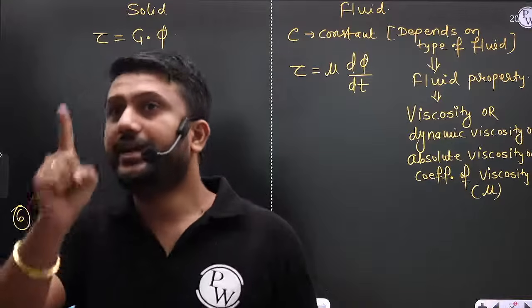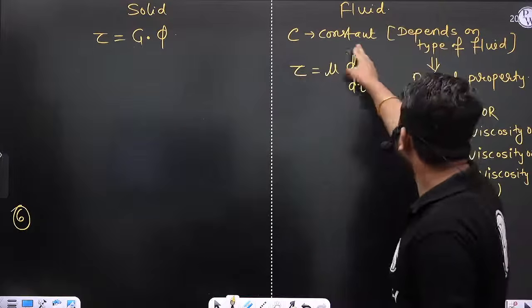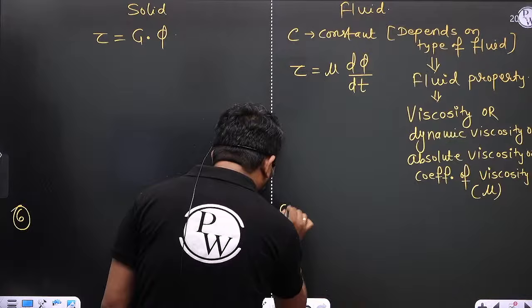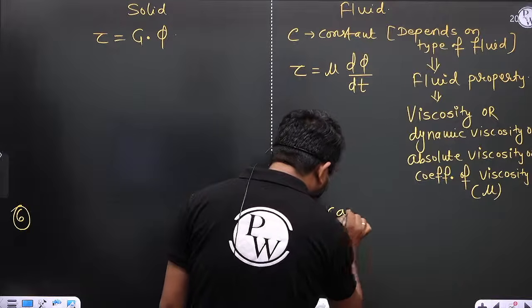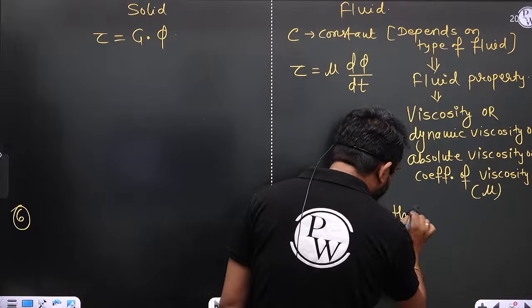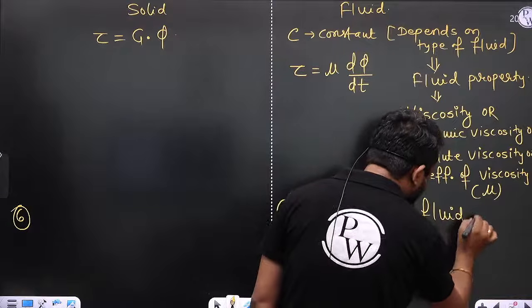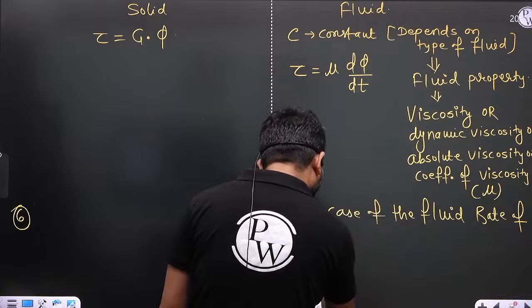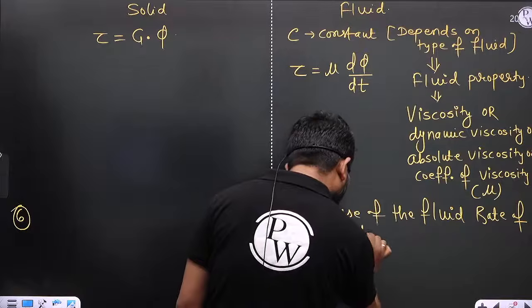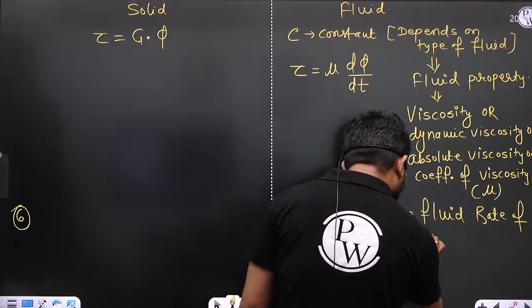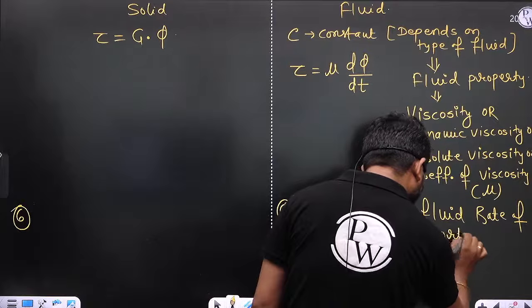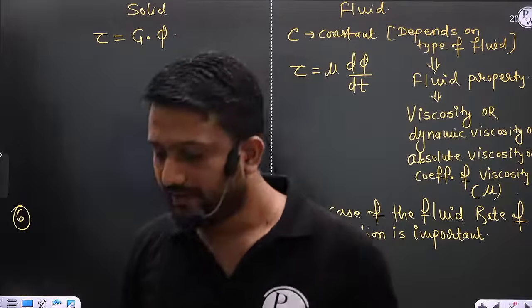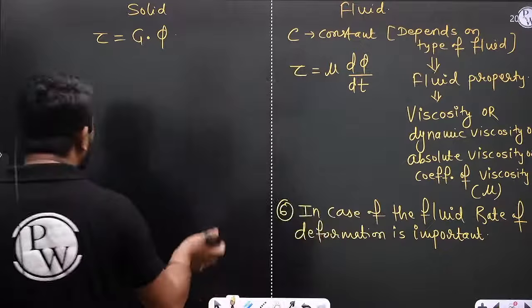Which one is important? dφ/dt is important, right? In case of the fluid, rate of deformation is important, whereas in case of the solid, now tell me,